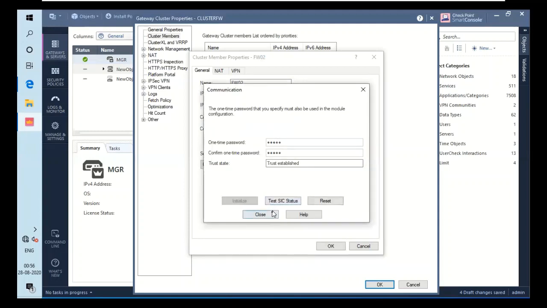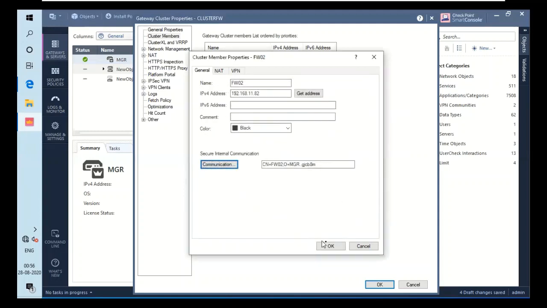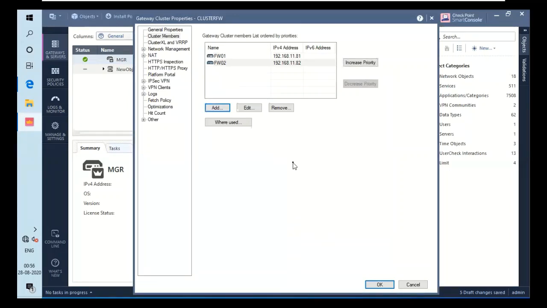It's trusted, and I will hit close and click on OK. So both these firewalls are added, and you can actually give them a priority too. Our first member is firewall 1. You can decrease its priority by clicking here, so it will be pushed down, and you can increase it by clicking here, so it will be pushed up.